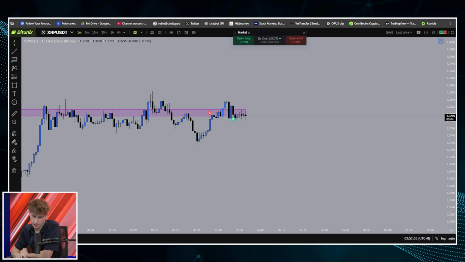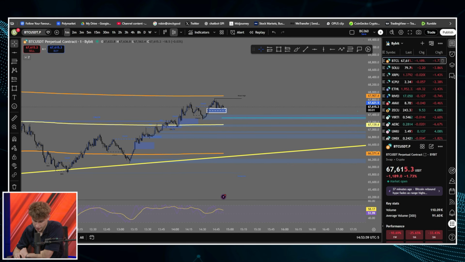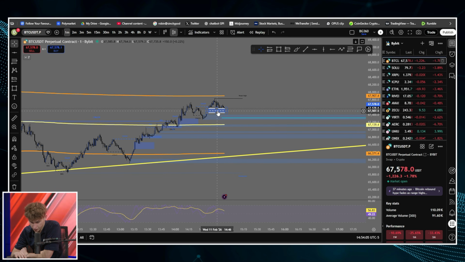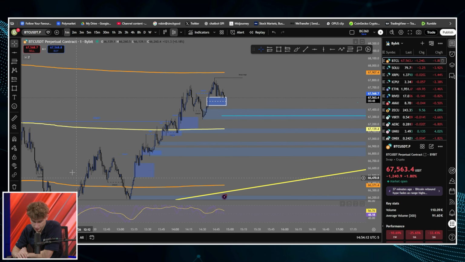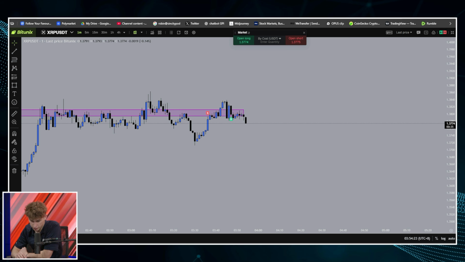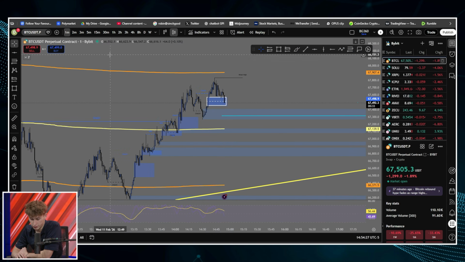Yeah, I think it's going to be up. Honestly, I think it's going to be up. But I can sit here and speculate all day. Right now on Bitcoin, what I'm seeing is a fair value gap that we haven't filled yet. We've respected every single other fair value gap. You can see all these blue boxes that I haven't drawn out, but this fair value gap gets respected, this one gets respected, this one gets respected, this one gets respected. And so I think we'll respect this one again, up to our VWAP upper band. And as I'm speaking, we're seeing a movement to the downside.